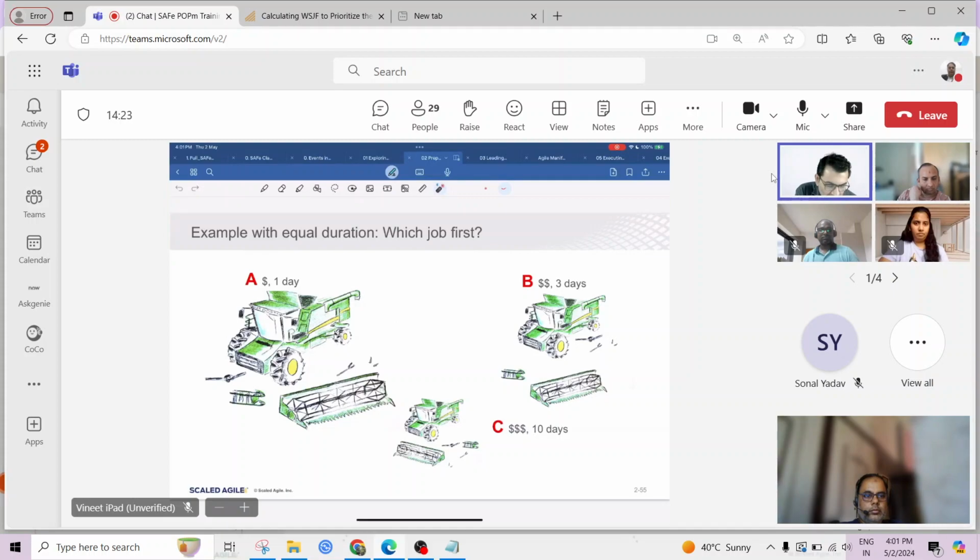So, jobs with equal duration. This should be straightforward. Jobs with equal duration. What will be your job sequence? All the jobs take